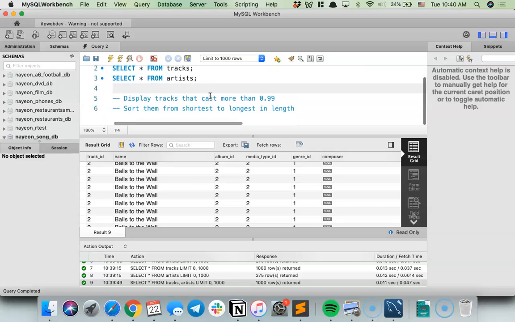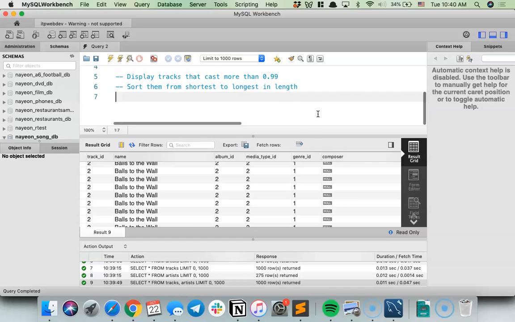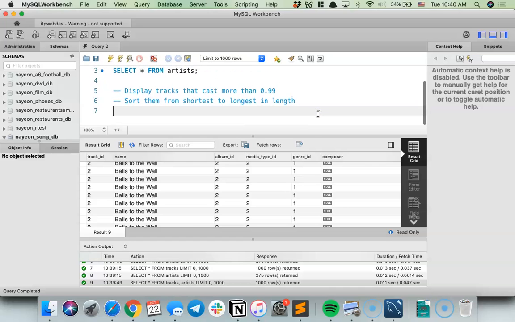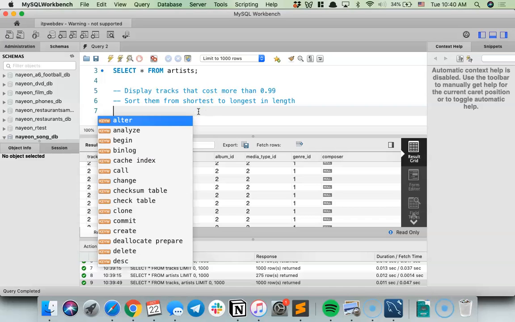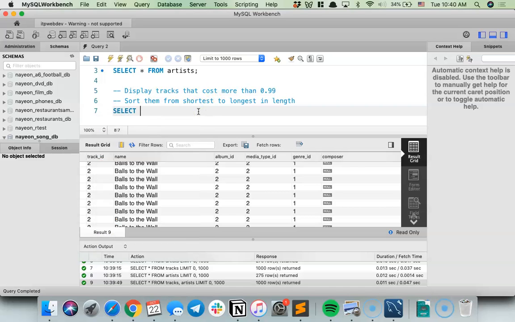So let's try something with some more specifics here. We're going to try the first prompt in the slides: display tracks that cost more than 99 cents. Let's do the same thing. We're going to select all my columns, because the select is important for columns. We're going to select from that tracks table.